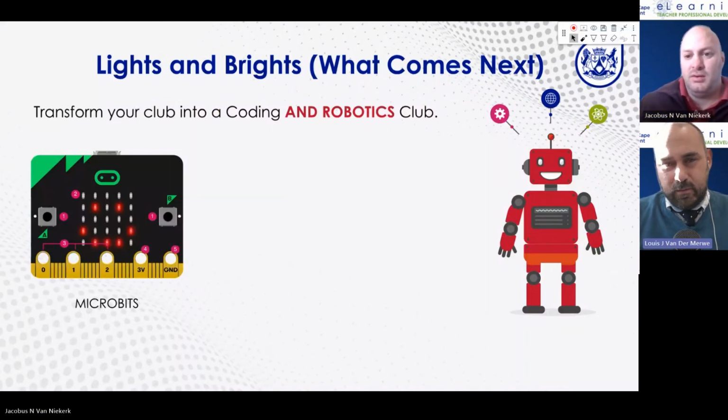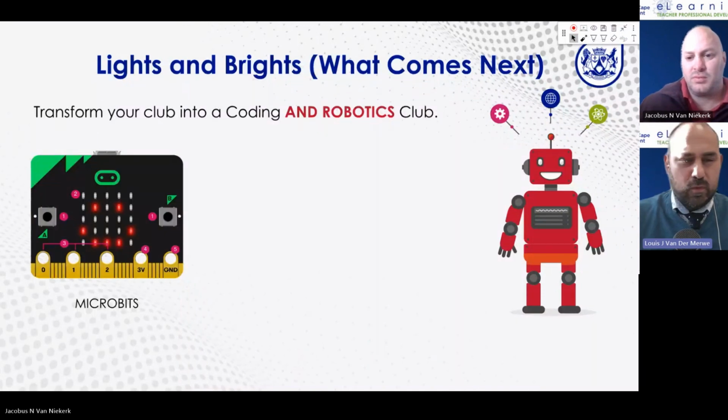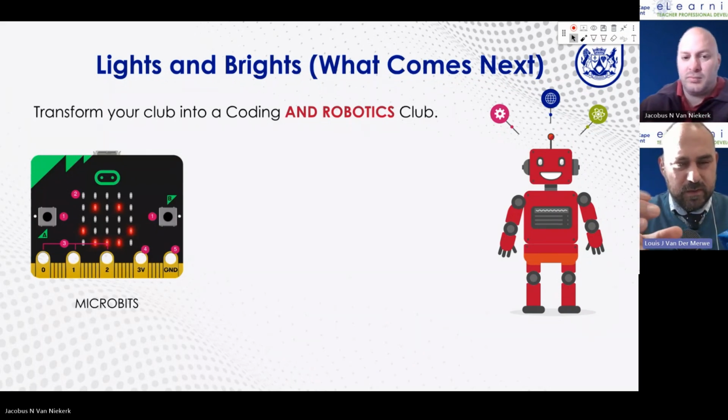Okay. That little microbit board you're seeing there, that's almost a physical representation of the size, maybe 4 by 6 centimeters. It's a really small PC board that's got buttons and sensors like rotation and light sensors. It's got these little LEDs. I think they've made a little smiley face on that one. You can rotate it. You can speak to its microphone and speaker. All of these sensors are built into this one very small PC board, which is very versatile. You can see at the top there is a little USB port. You plug it into your computer, you code it online in the browser, and then you just download that to your device, and suddenly you can do things with it.